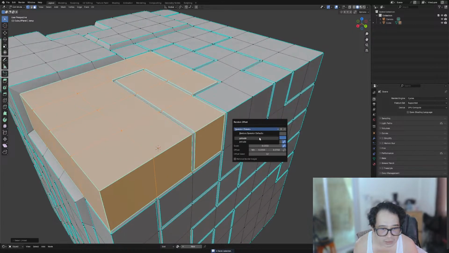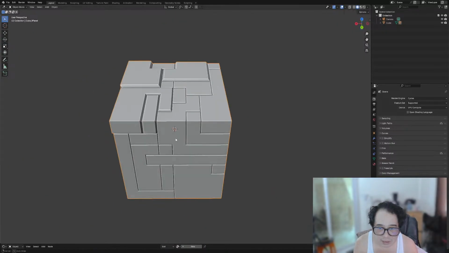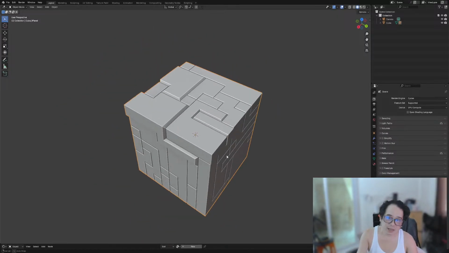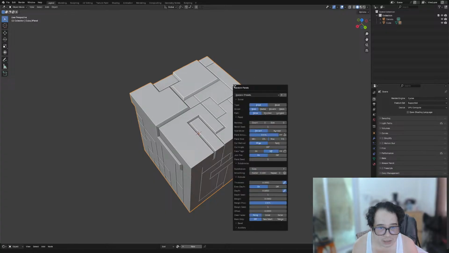So let's see, extrude. There's also going to be a preset, so it's just extrude and intrude. And yeah, kind of like that. And random panels,